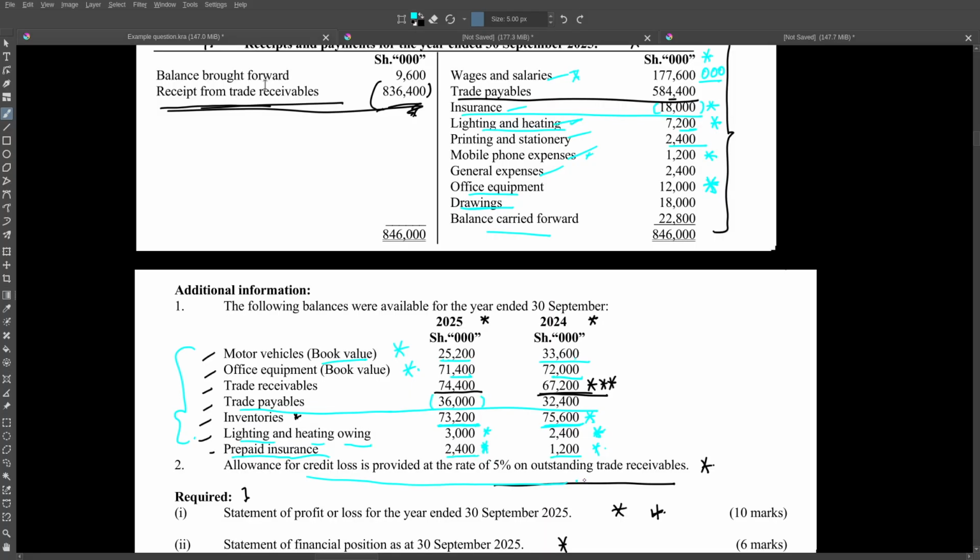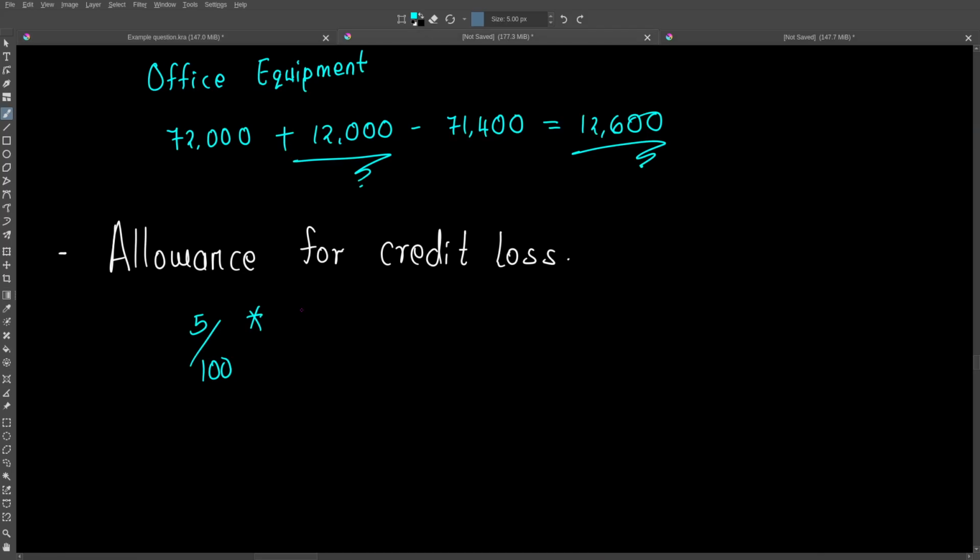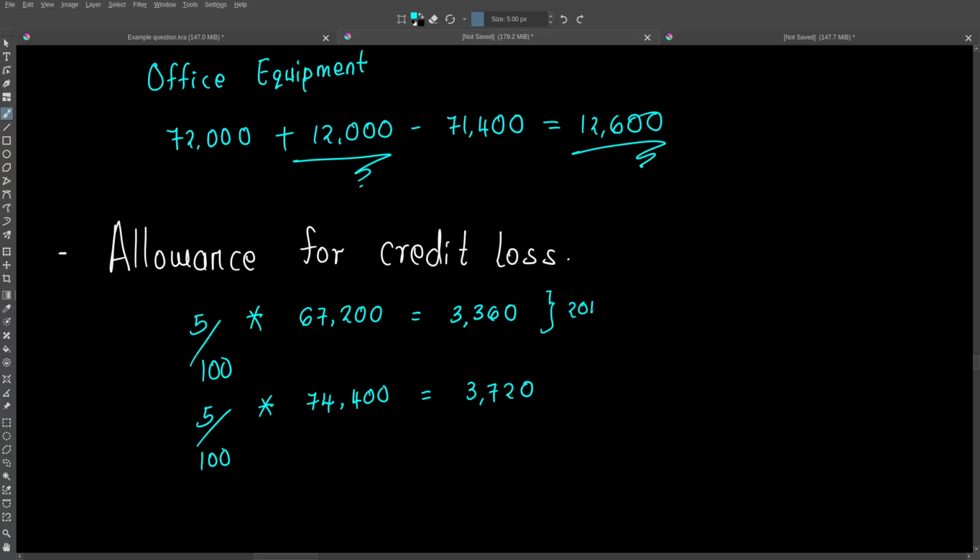You can see we have trade receivables in the previous period of 67,200. So we are going to do 5% of 67,200, so we are going to get 3,360. And in the current period, we are going to have 5% of 74,400, which is going to be 3,720. So as at the end of year ended September 2024, this is what was